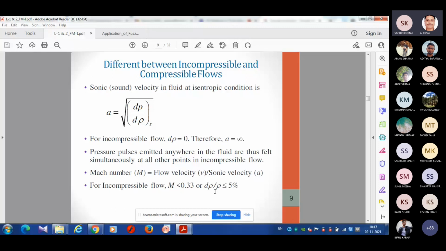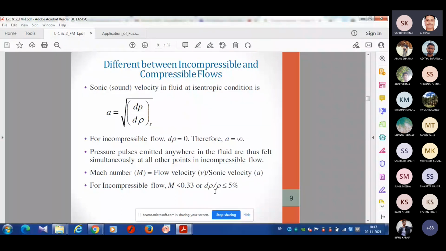Sir, you can see, yes, please. Sir, here what does S stand for in isentropic, where S is constant? No, see, isentropic is a case where entropy is constant. So entropy is denoted by S. So just by putting a suffix x, we denote that here the S value is constant. Yes, sir.